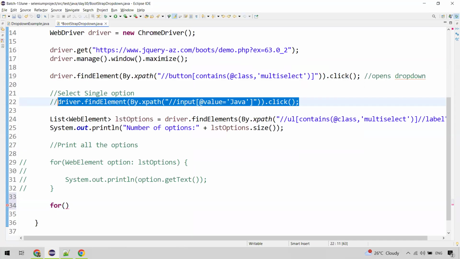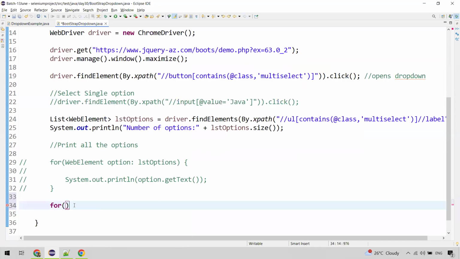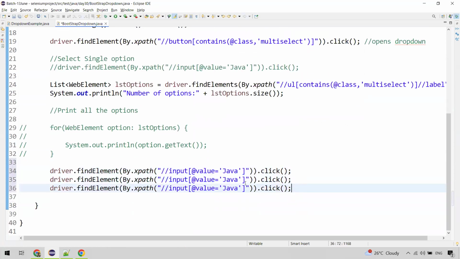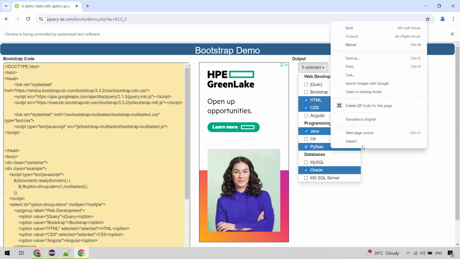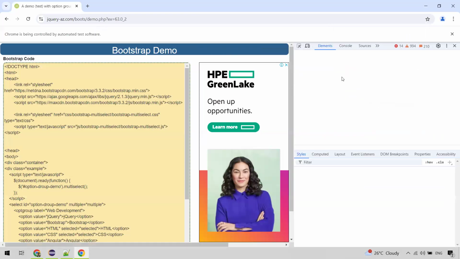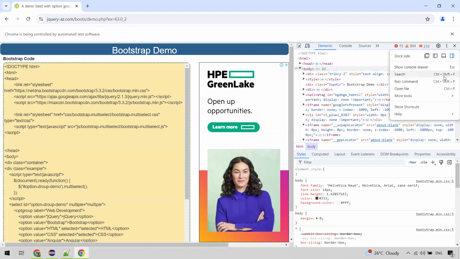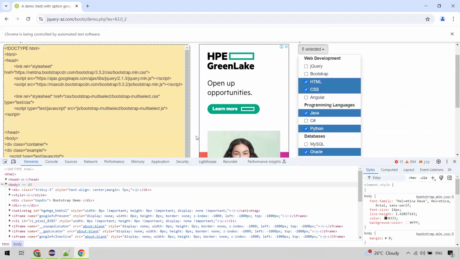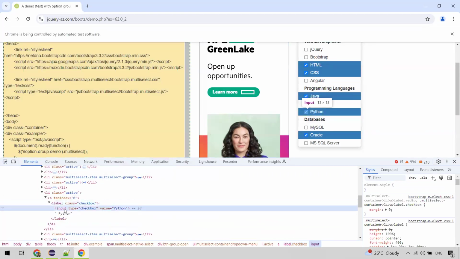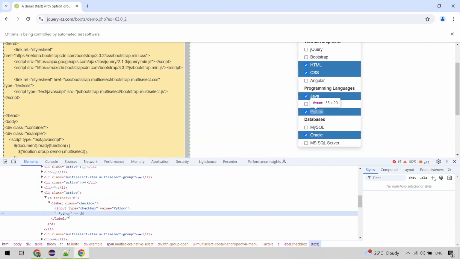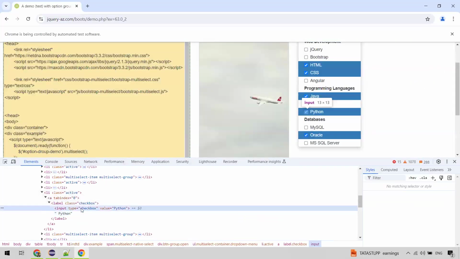You can use driver.find element and have three statements written here. This is one way. You can verify the XPath for these elements. Say for example, right click on Python. Let me get to the bottom of the page. You can see this input and it's a label Python, right? So you can directly get this input equal to